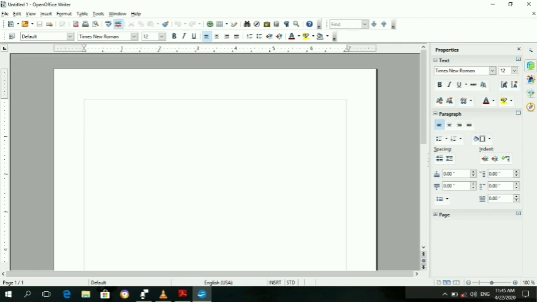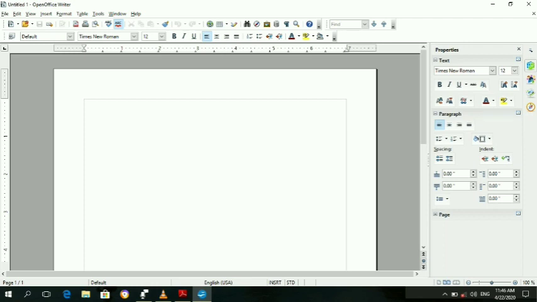Now, what do we mean by style? A style in a word processor is a named collection of various formatting information that defines the look and behavior. Look and behavior means the look and feel, the appearance of the document components such as paragraph, page, group of selected characters, etc. associated with this style.